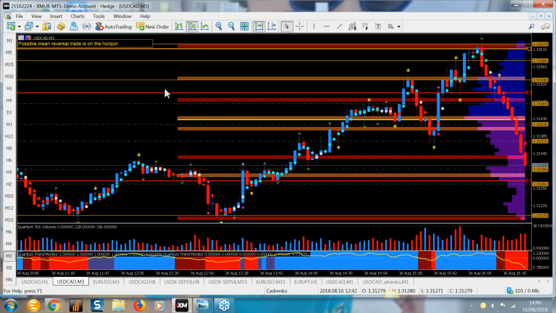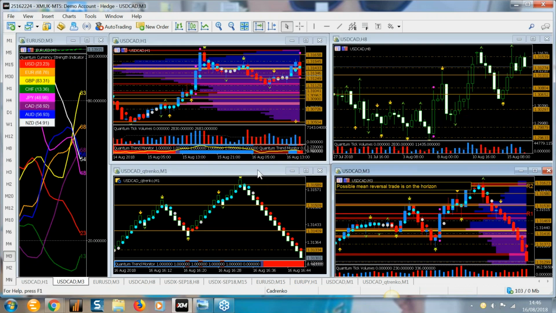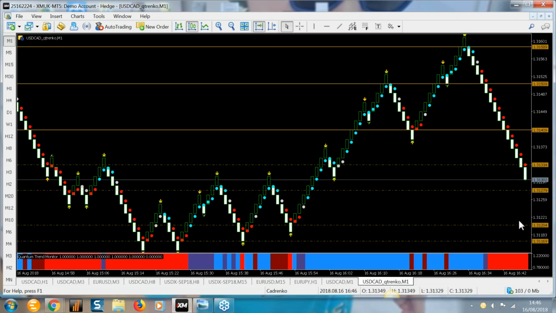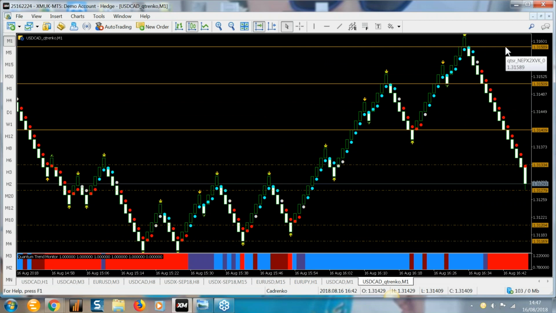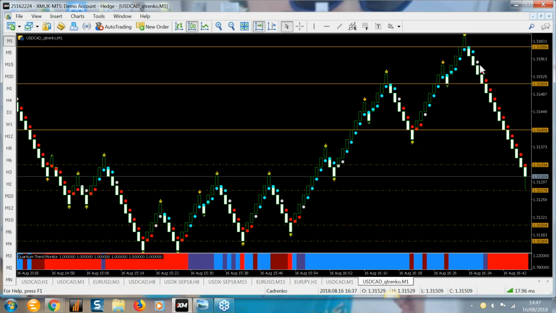I've got a 3-minute chart here. I'm going to talk about support and resistance. We had this resistance here at the R2, and this is the move that I have been tracking. If we look at it from the perspective of the renko, again, we have the resistance here at 31.58. We've developed the trend dots here, and these are very close to the price action, and you can almost use them. I say almost, I'm not going to be categorical about it, when they change color: red for a bearish trend and blue for a bullish trend, and gray,